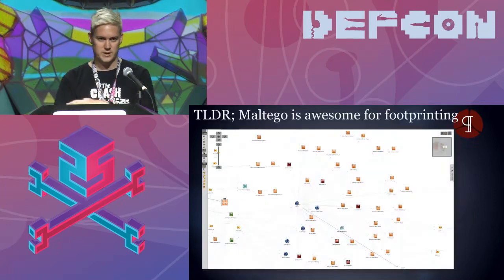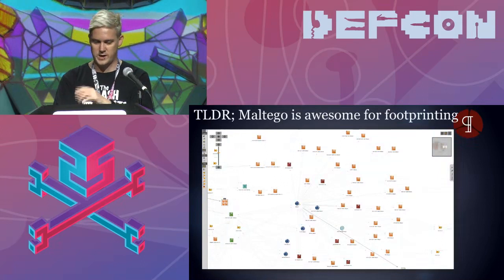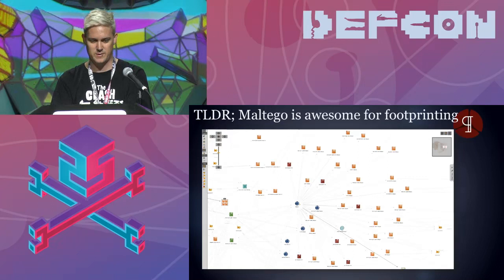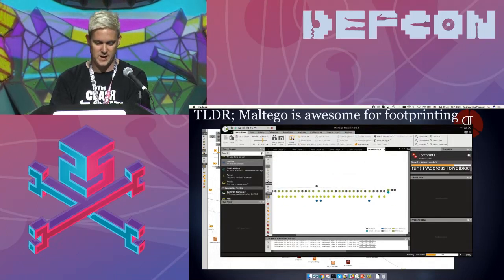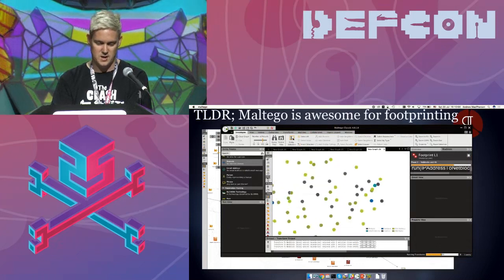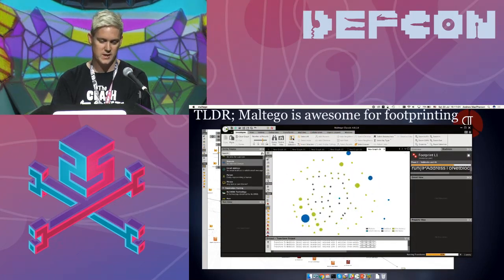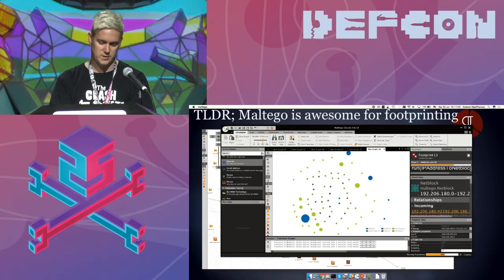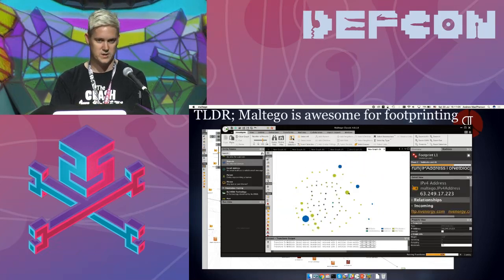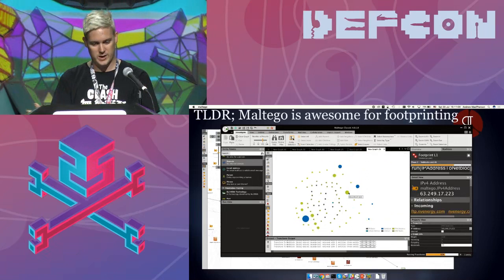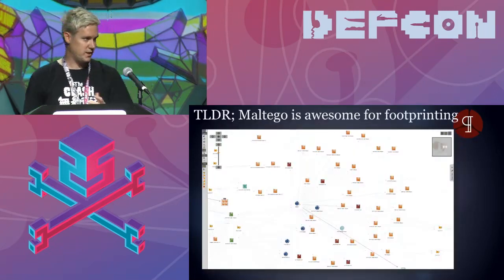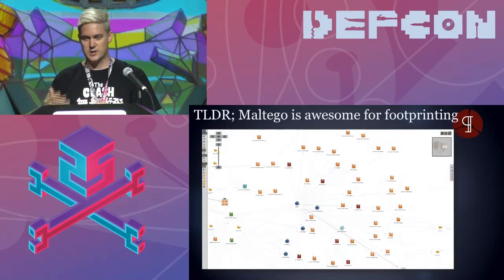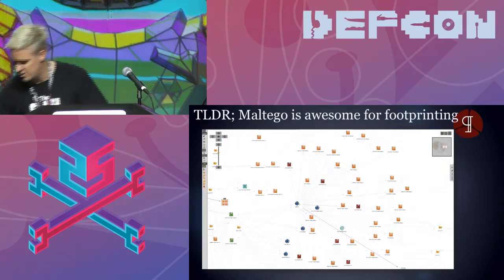And basically the takeaway is Maltego is really good for footprinting. Okay, you can do it really quickly. It makes nice graphs. People think you're doing complicated stuff, even if it's really simple. Also, you can do things like, so I see it's listed over there. If I change, I can change the different layouts, and I can change the sizing, so I can see things that are more important in the network, right? So this net block is more heavily used than other ones. So if I'm profiling stuff, I can quickly go ahead for that. So once we've done the targeting, then we can say, okay, well, that's our basics. Now we can start looking for exciting stuff.